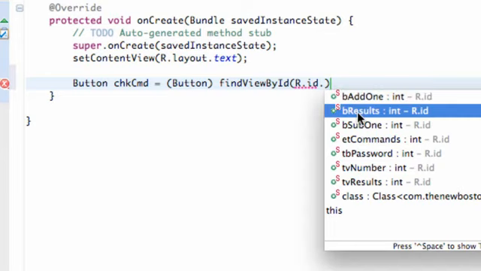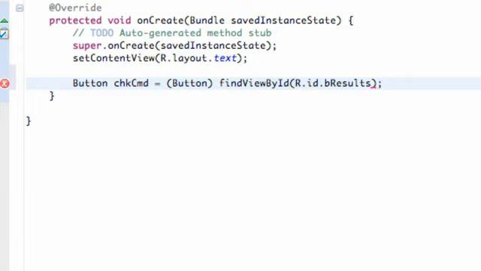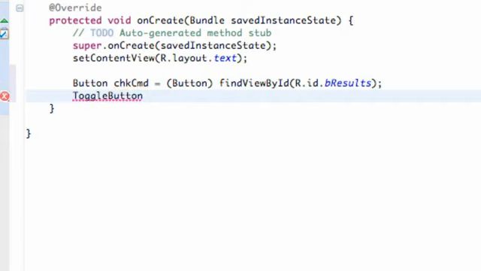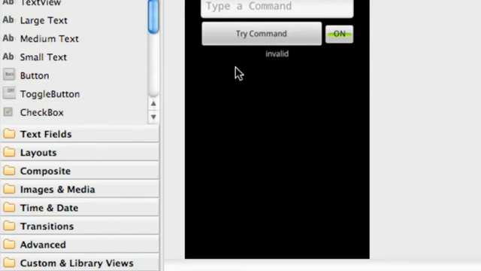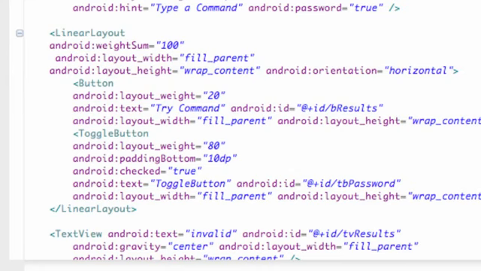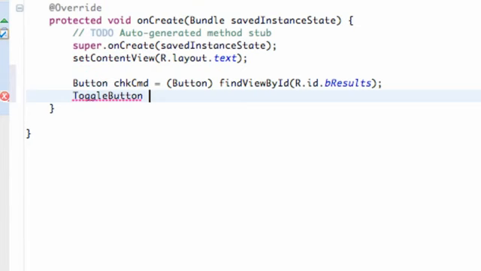Yeah, it must be. So we're going to use button results. I'm just going to, well, no. Then we're going to set up a toggle button as well. And the nice thing is basically the name is the exact same as the name in XML. So if you ever forget what type of variable you're setting up, most likely it's the same name. So there you go. We're going to call this